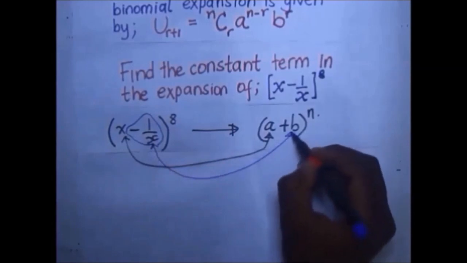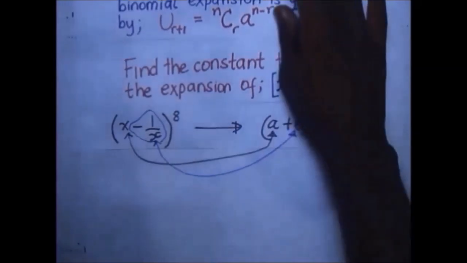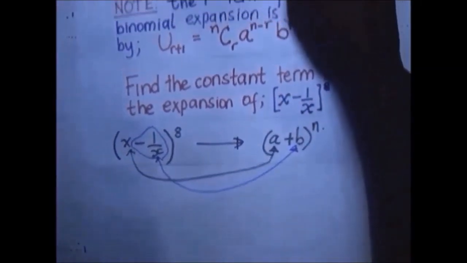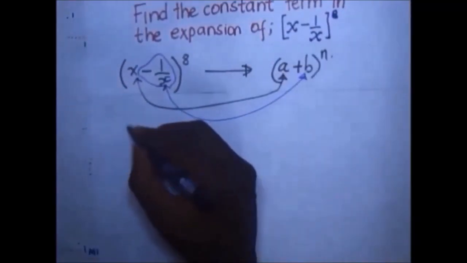That is our value of b. So when you compare those two, now substitute them in this. We are supposed to first find the value of r there. So using that thing that U_(r+1)